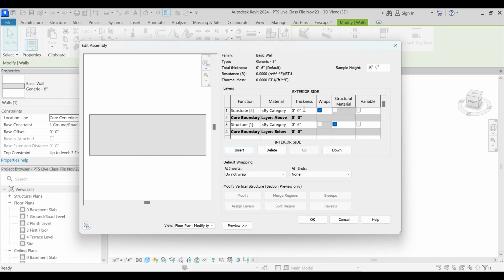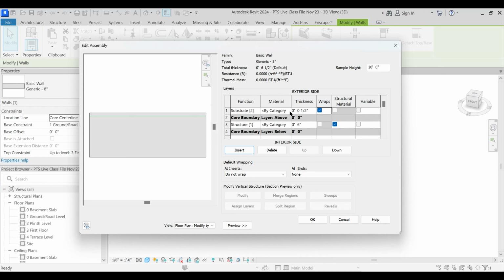And what is going to be the thickness of that? That is 0.5 inches. You can also enter 12 mm, but that will enter this ugly fraction. So instead, just enter 0.5 inches.